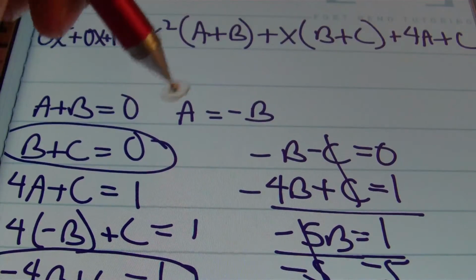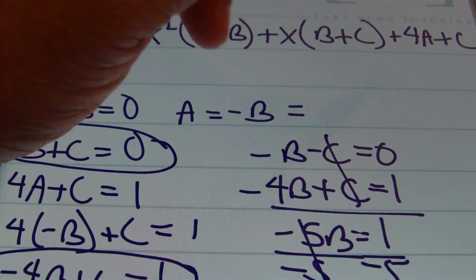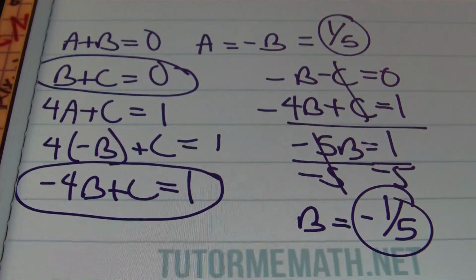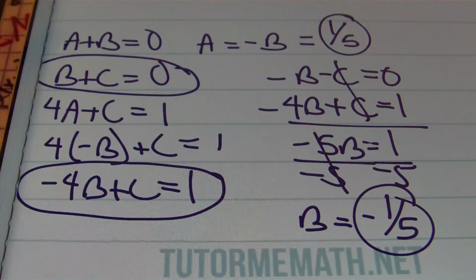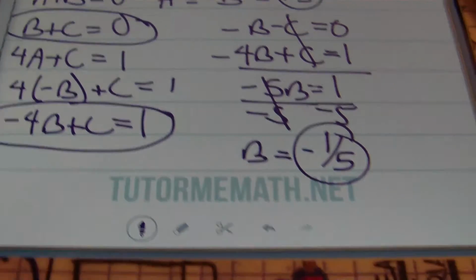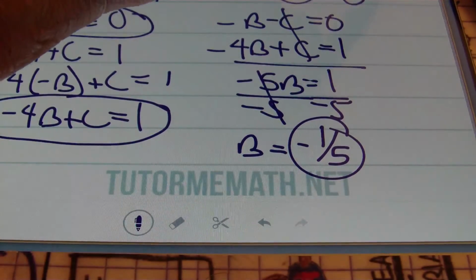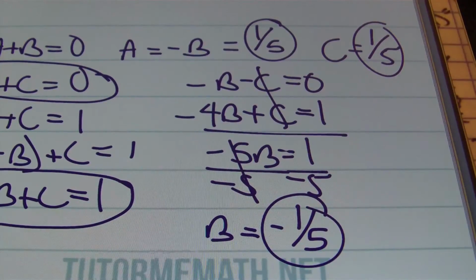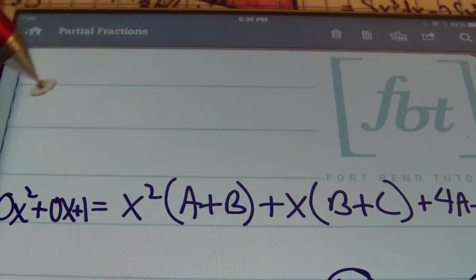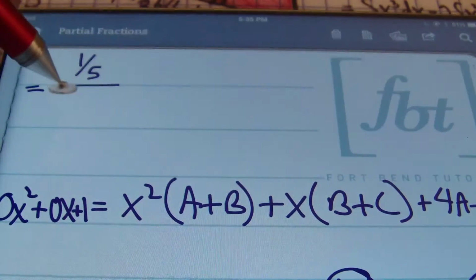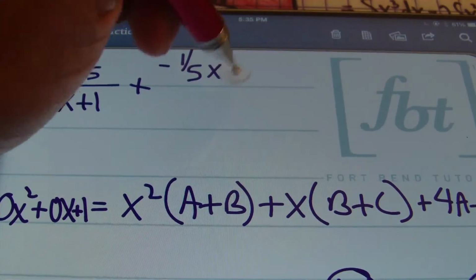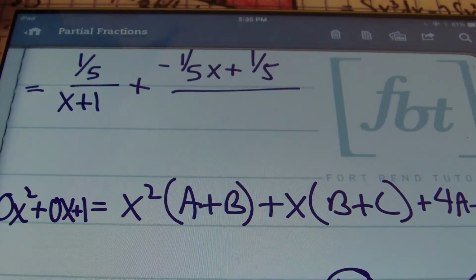Remember that the opposite of b is our value of a. So that means my a value is equivalent to positive 1/5. And then to solve for c, remember we have b plus c equals 0. For that to equal 0, my c value also has to be the opposite of my b value. So that means c equals 1/5 as well. Seeing that we have our values for a, b, and c now, our result is as follows. We'll have 1/5 over x plus 1, plus negative 1/5 x plus 1/5, all over